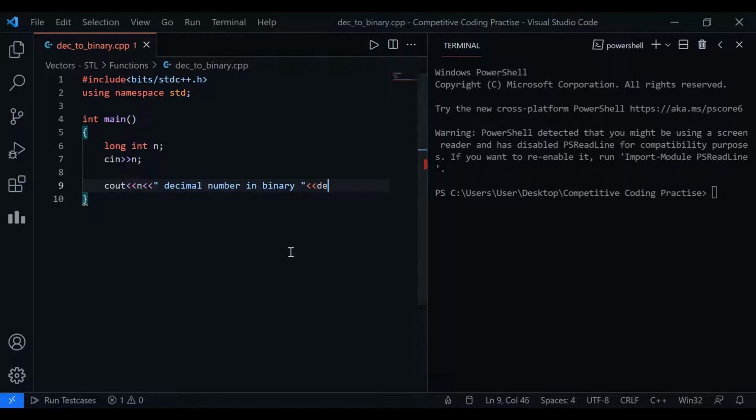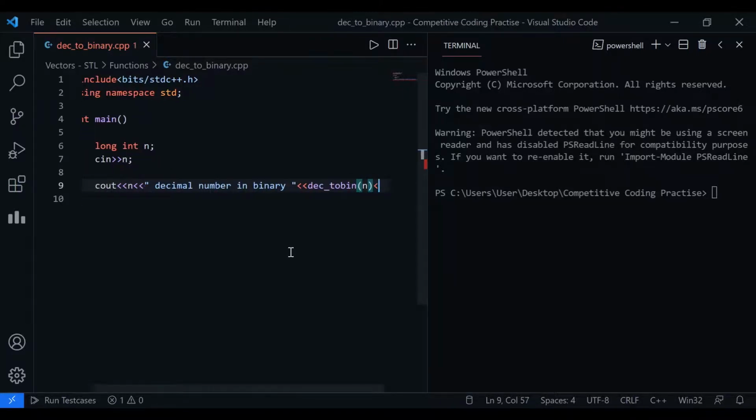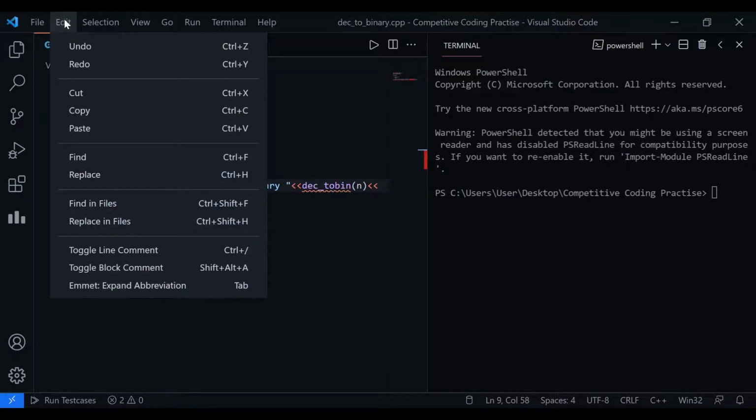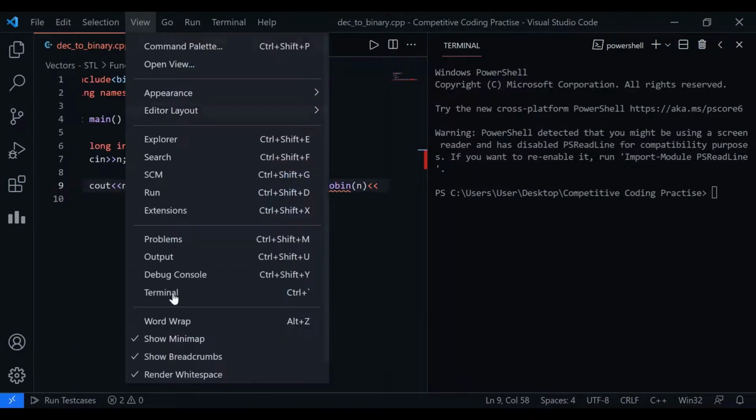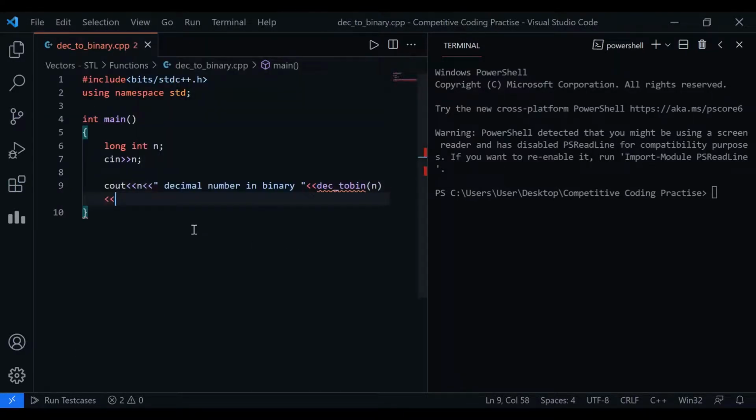So let's say we call the function dec_to_bin(n). So I pass the required element, and I call the function, and then I end the line.